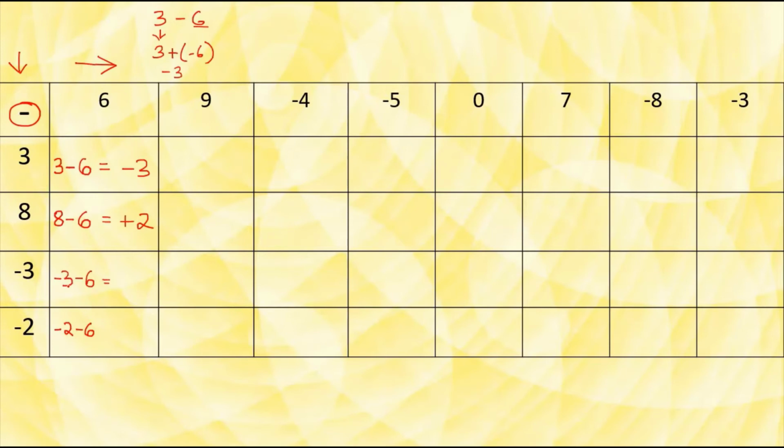The next sum, minus 3 minus 6, we'll solve it here at the top. So minus 3 we are going to write down as it is. This subtraction will be changed into addition and this positive 6 will become negative 6. Now both the numbers are having same signs, which means add the numbers and write down the common sign. So I have minus 9 as my answer. Similarly, for the last one, minus 2 minus 6, my answer will be minus 8.